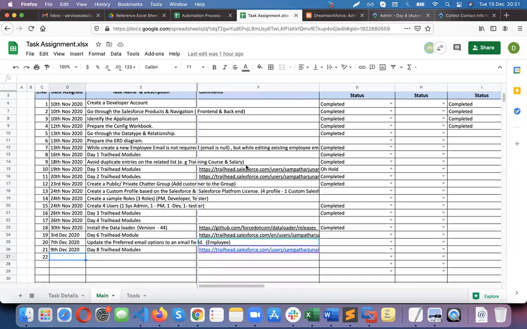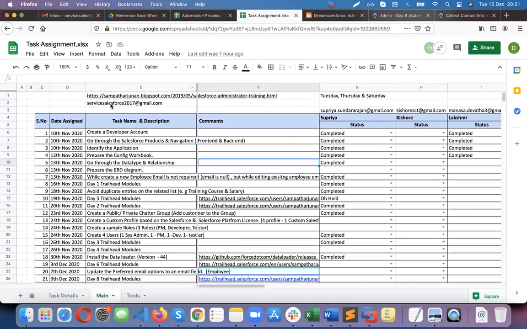Sampath, just one question. We'll have access to all of these even after you complete the course, right? Because I have a big backlog. Yes, you will get access. The Gmail, all the things, you will get access, even the Salesforce org. For the Salesforce org, use my account instead of your account, try to use this email ID. The username will be this one, and do you know the password? The password is dec@2020, sorry, NOV at NOV. So this is the username and password. Use this username and password to access the Salesforce org, because sometimes I may disable your user account because for other